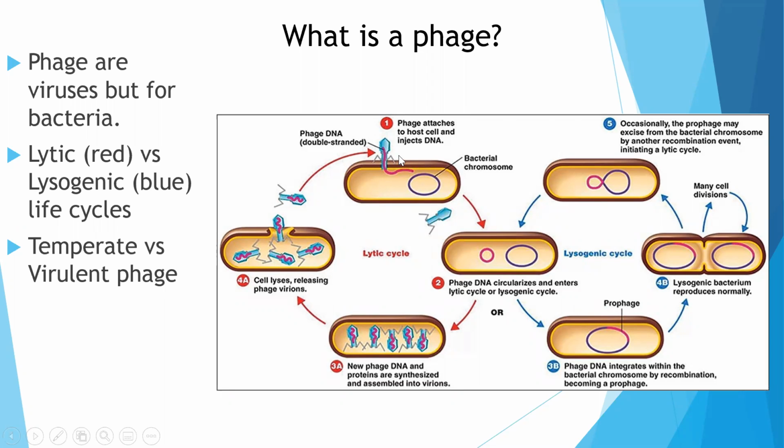In the lytic life cycle, which is in red, the phage will insert its DNA into the host cell, and that DNA will basically hijack the cell, making it only reproduce phage until that cell gets so full that it will burst out. Whereas in the lysogenic life cycle, that phage will start off the same, put its DNA into the